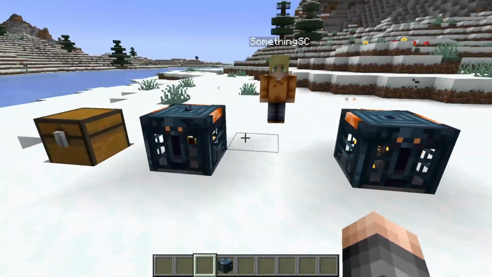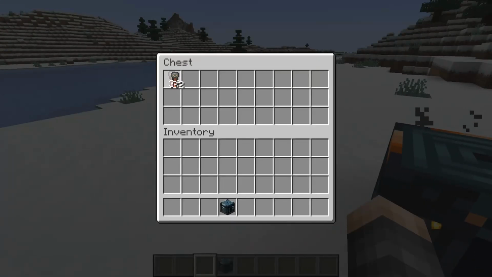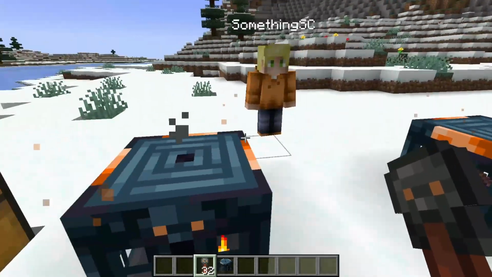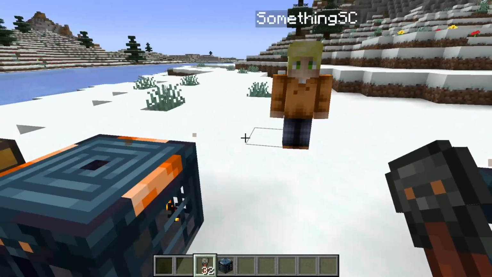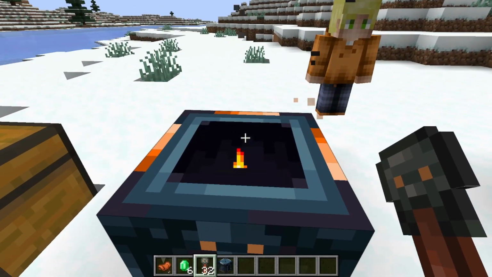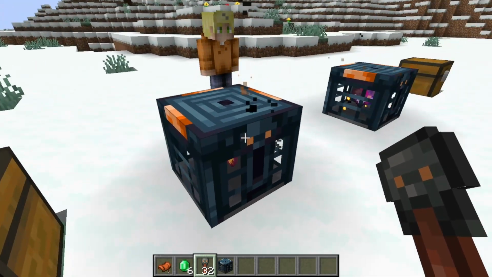Over here, we've got the actual vaults themselves and how they work with other players. We've got my alt account here, but if you watch, if I click this, it will spit the loot out for me. Oh, I only got...